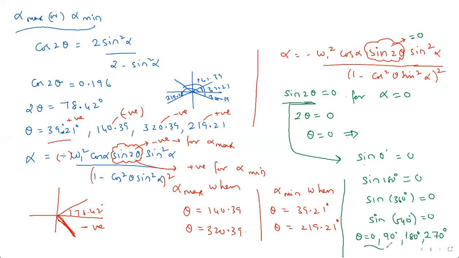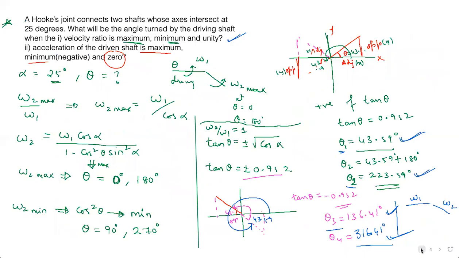I think you can notice something. These values are similar to 0, 180. Where can you see these values? Yes, 0, 180, 90, 270, right? It means omega 2 max and omega 2 minimum. So at these values, you get angular acceleration of the driven shaft to be 0, right? Angular acceleration of driven shaft is 0 when, yes, whenever the acceleration is 0,